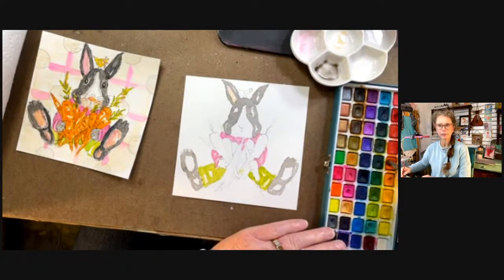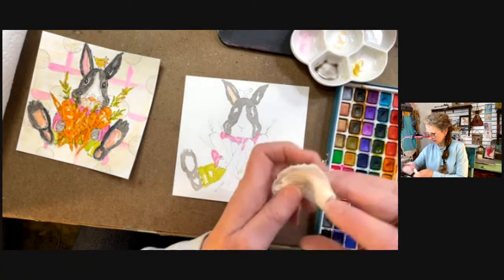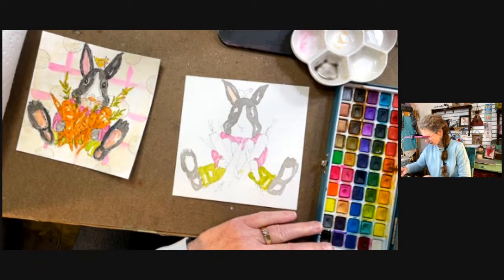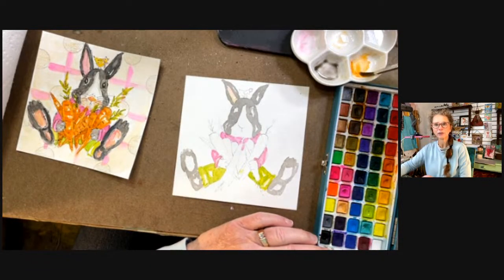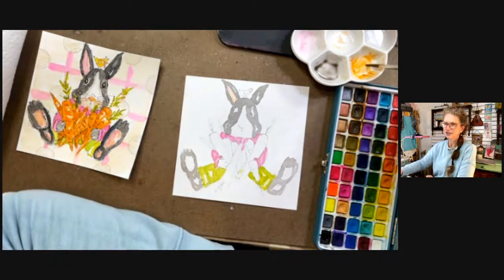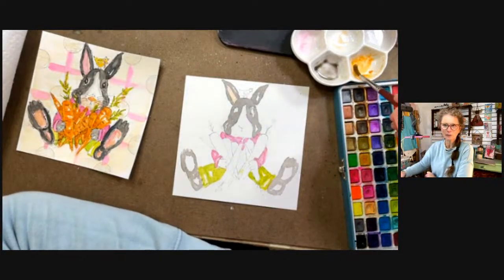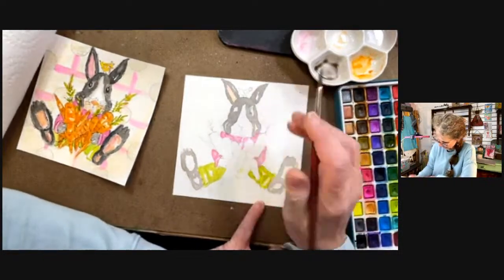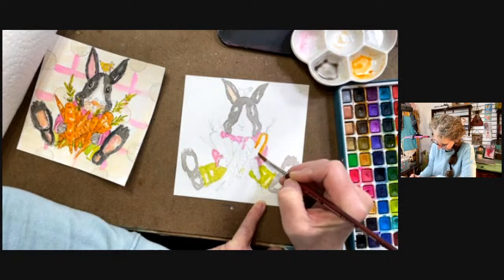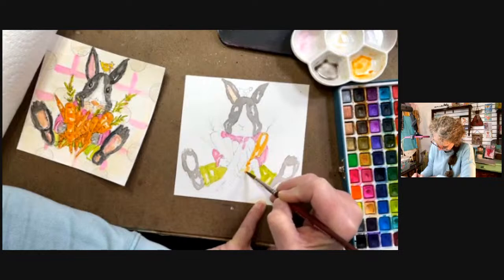So I'm going to choose kind of a bright color orange first. Ooh, my colors are all mixed together. That's really an ugly orange. That looked like orange with a little bit of green in there. Let's try that over again. There's my color I'm looking for, just a nice color of orange. Again, this will be about tea consistency. The two consistencies you'll hear people talk about are tea and milk. Milk has more pigment in it, less water. Tea is going to have a lot more water and less pigment. Again, on these carrots, I keep on saying it tonight, but if you can leave just a tiny bit of white as a highlight,